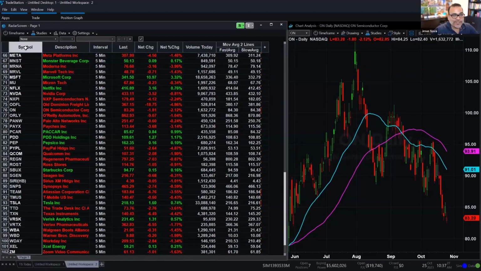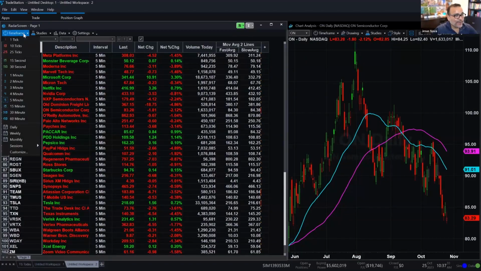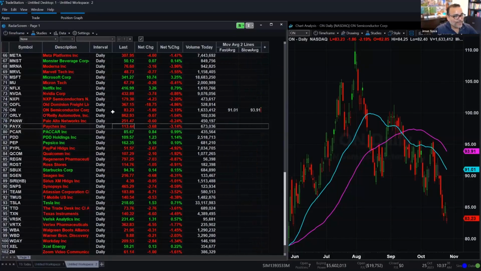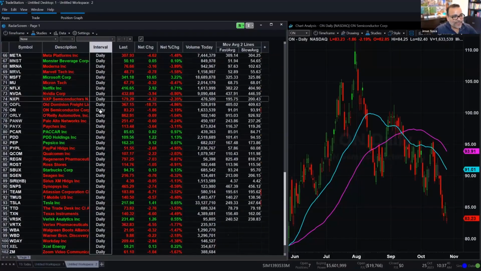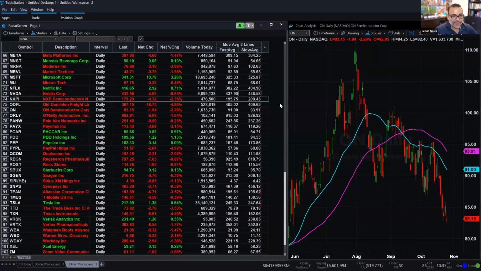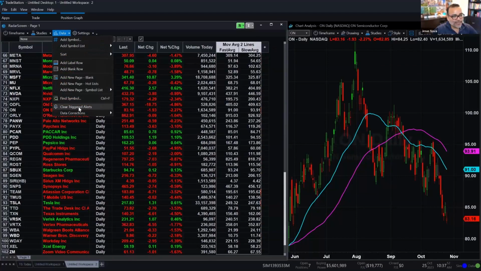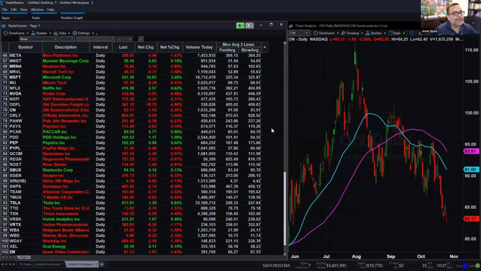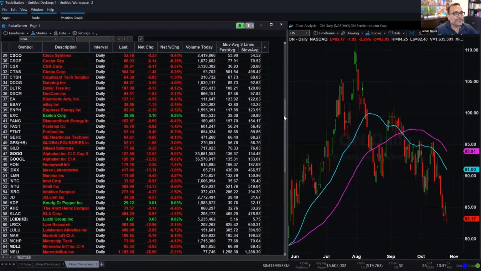And what I can do is click on the header to highlight the whole column and then go to time frame right here at the very top and click on daily. So now you can see that the interval says daily, and now my moving averages recalculate. I still have some alerts from previously. So one thing that I can do, let me see if I find it. Data. Yeah, Data, Clear Triggered Alerts. That way I can just concentrate on the ones that are being